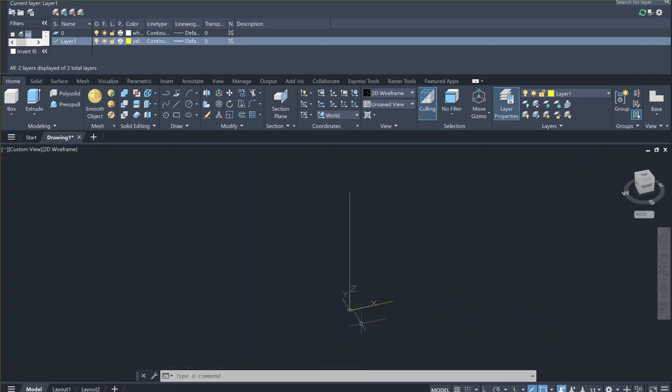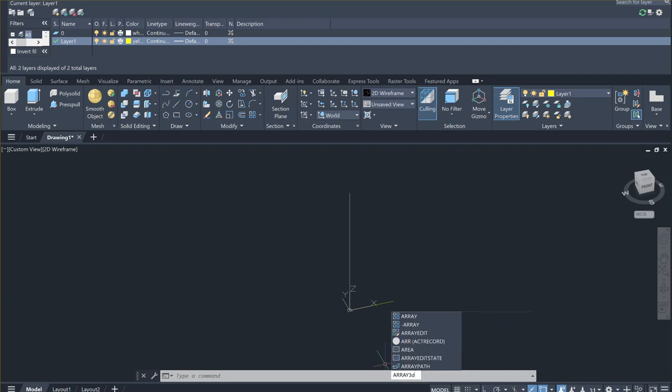What do I want to do? I want to make a copy of this line at every 1 inch, all the way up to the top, except the last point. I can make this copy with the copy command, 1 inch at a time, and so on. But I want to make it instantly, with the array command. It's faster and more productive. So I'm going to type array